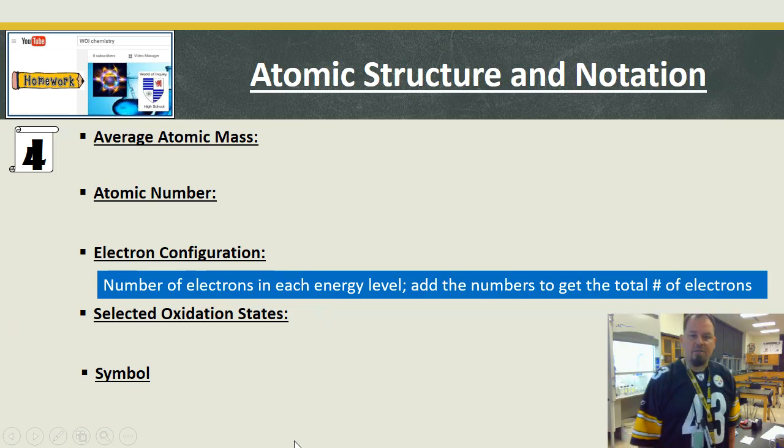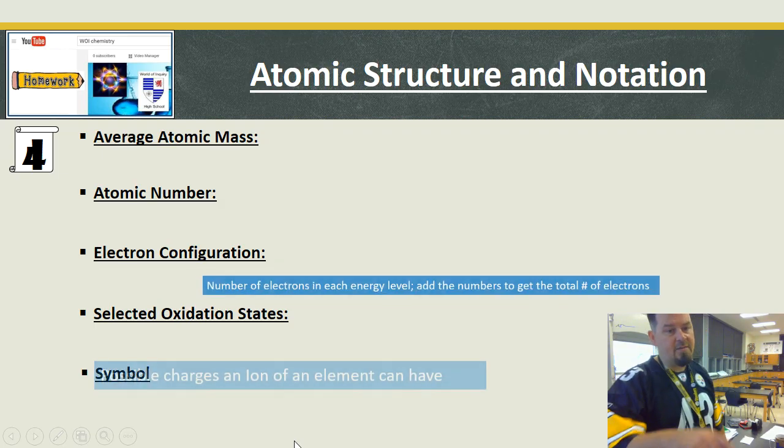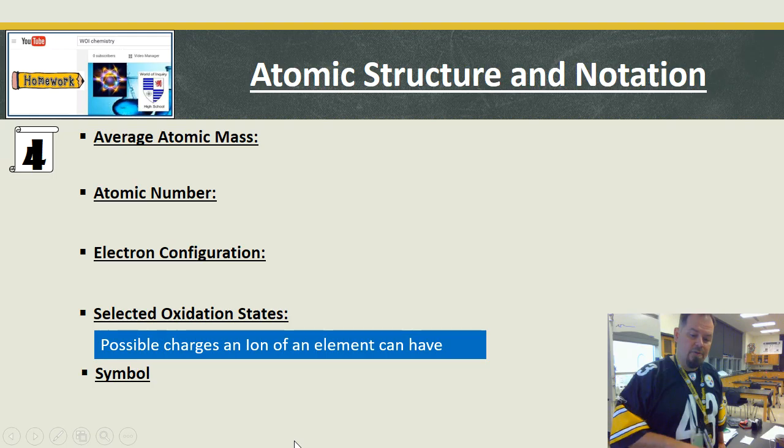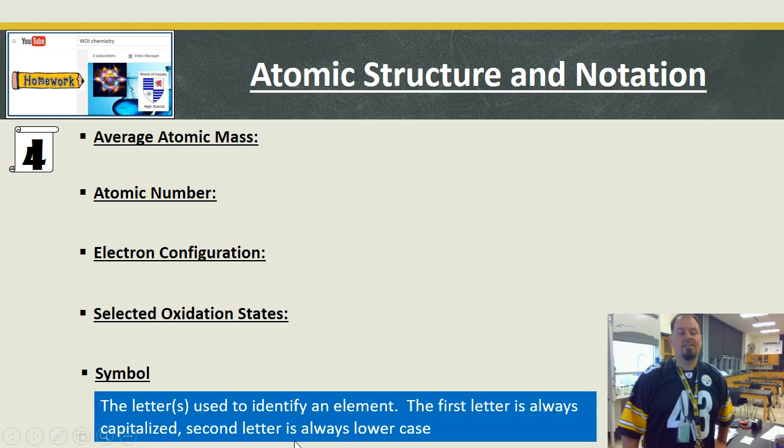Electron configuration. This is the number of electrons in each energy level. We add up all the numbers to get the total number of electrons. It should equal protons. These are just the possible charges of an ion that it could make. So carbon can make a -4, a +2, and a +4. That doesn't mean that it is there yet. Those are just possibilities,